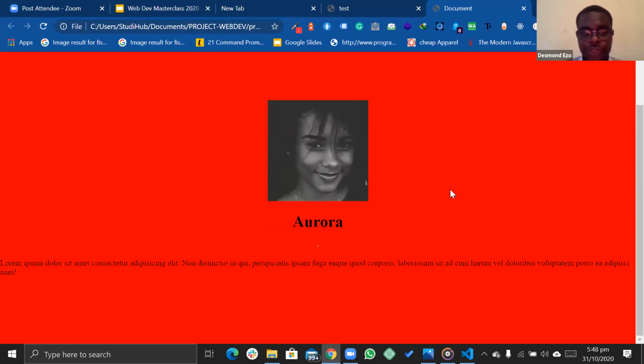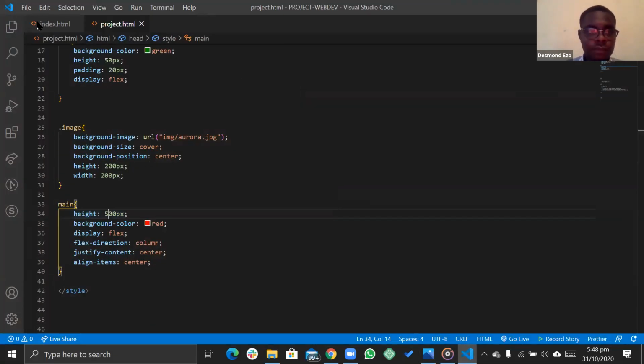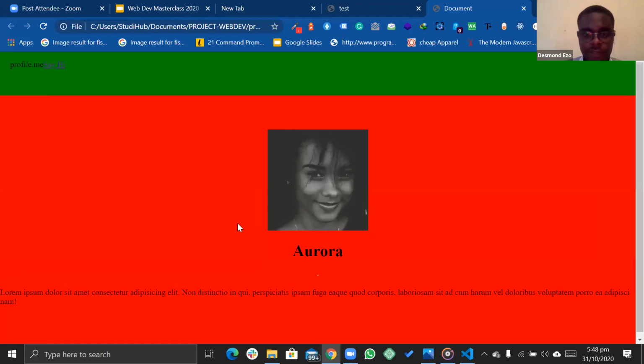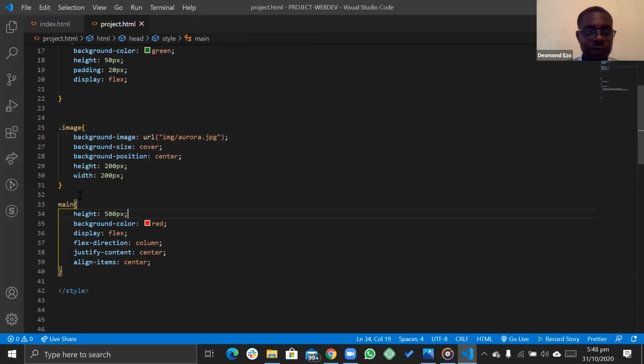Yep. Stretch it more. Even give it scroll. So I want it to be around 500 pixels. So yeah, we gave it a little scroll. So something like this. I want it to be something like this. We're going to correct that later, but let's just start with that.